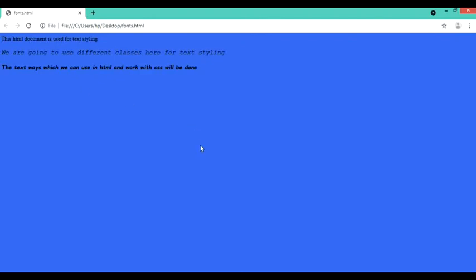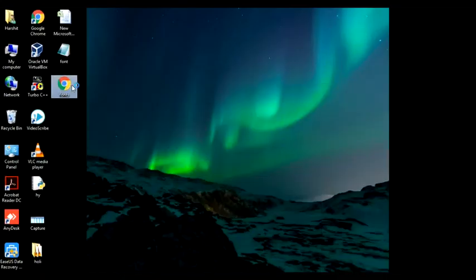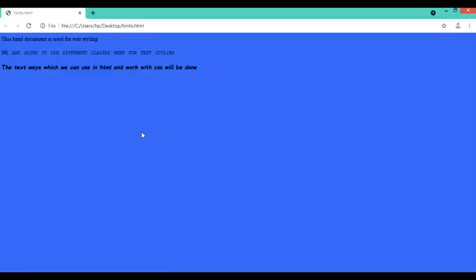Next we have the criteria that is using a font variant. A font variant helps me to give the format in the form of small caps or in the normal form. So whenever I am using small caps and I execute this code, you can see the text appears in the form of small caps. Caps means making the letters bigger, so the alphabet is changed to caps. So that is basically the use of font variant small caps.